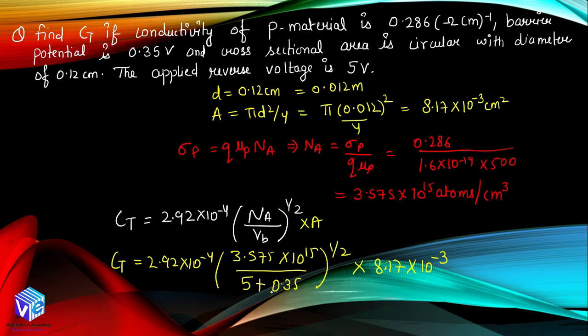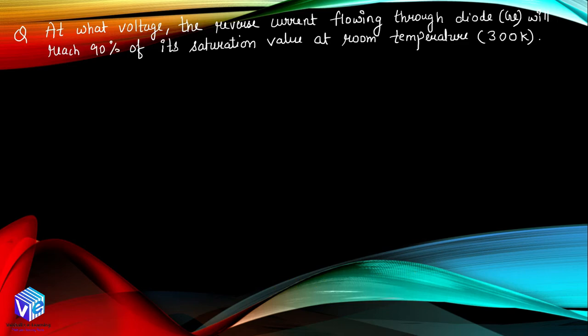So now when you do this calculation, you will be getting the Ct will be equal to 61.25 picofarad per centimeter square, right? So you can represent this Ct in meter square as well. So it is your task. You can convert this into the meter as well. Now coming to the next question.